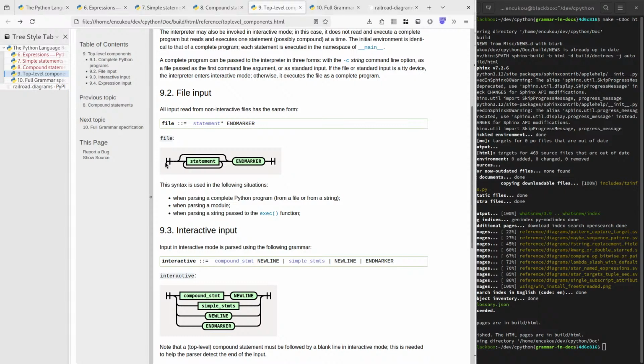So these railroad diagrams were popularized by, I think, the Pascal language, which had its whole grammar explained in this manner, and